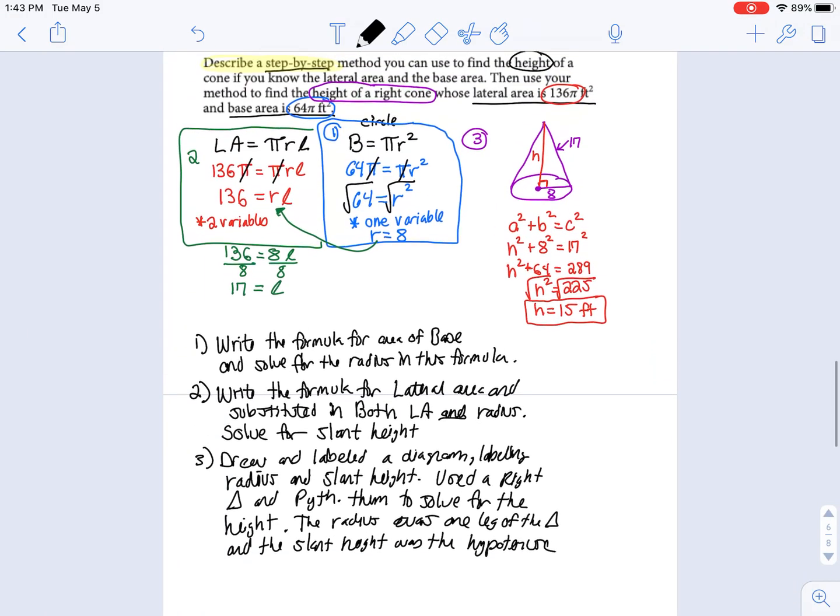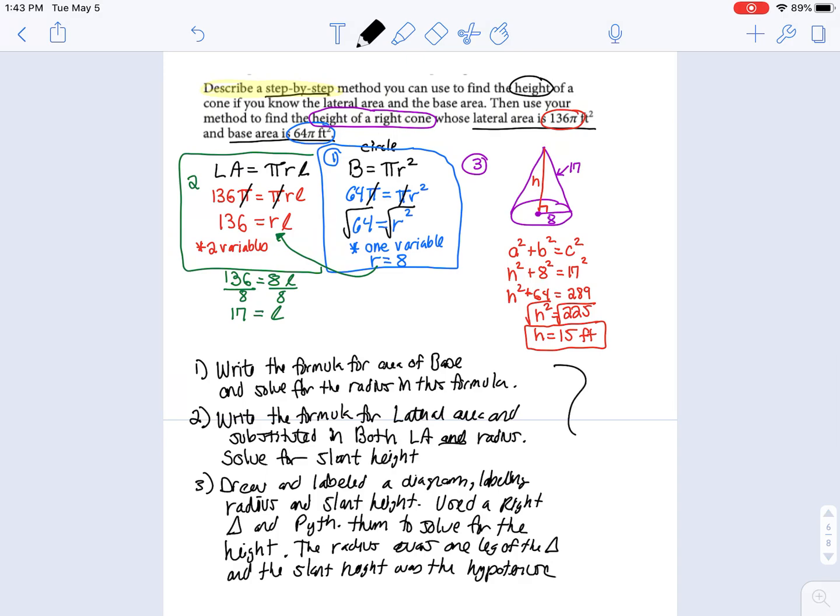So a process like this, with step-by-step what we did, along with the work that demonstrates those steps, is a great way to show that you clearly understand what the process is, and that we can put multiple steps together. So in one of your assignments, you're going to be doing a problem similar to this, where I'm going to ask you to show the work, but also describe a step-by-step method of how you approach